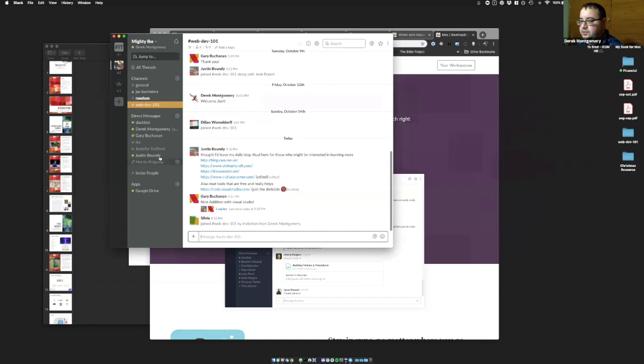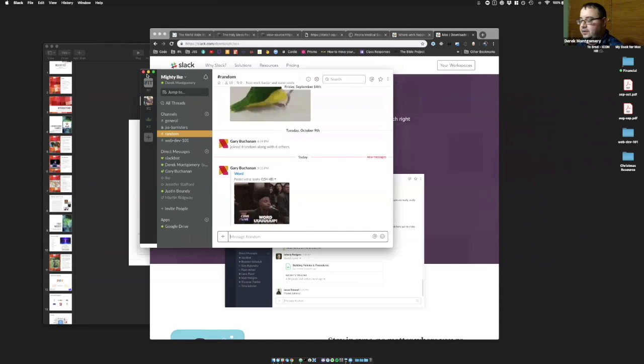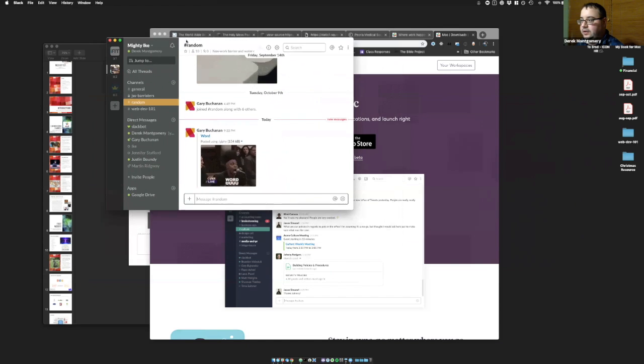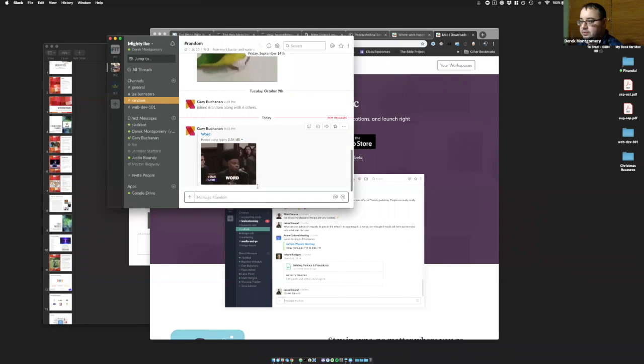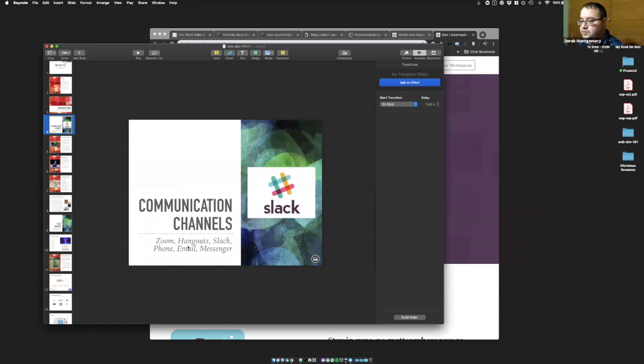But yeah, you can get that on your phone too, so it'll alert you whenever somebody messages you. So use it if you want. We're just going to do Zoom and Messenger, and go ahead and get Slack. We'll see if we can standardize that. Don't worry about Hangouts. I'm not going to do that for now.